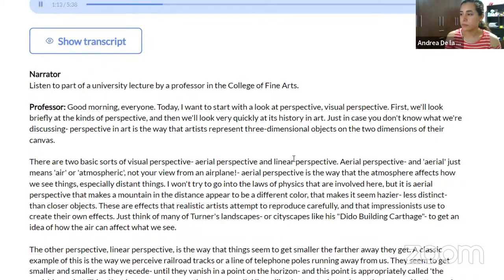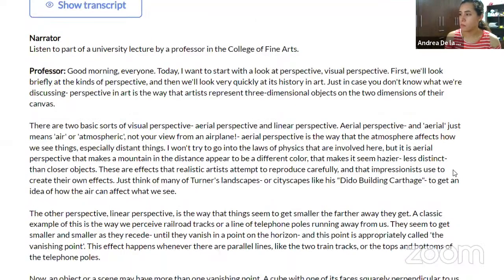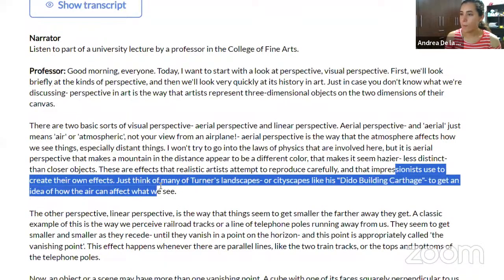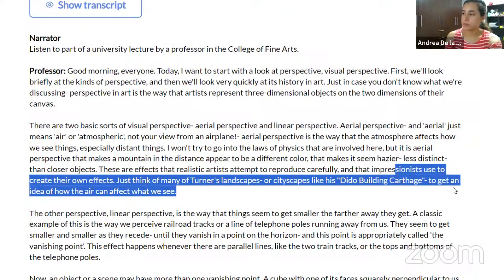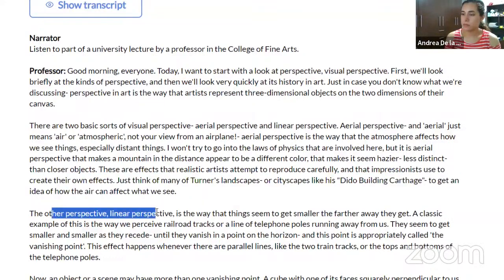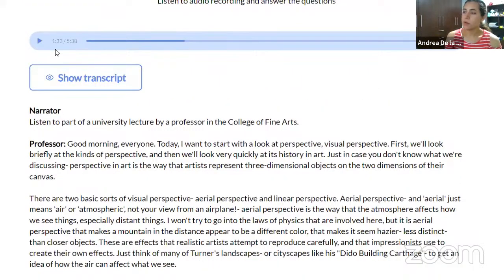Realistic artists attempt to reproduce carefully, and that impressionists use to create their own effects. Just think of many of Turner's landscapes or cityscapes like his Dido Building Carthage to get an idea of how the air can affect what we see. Another perspective, linear perspective, is the way